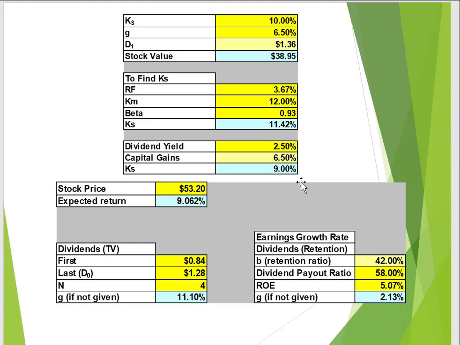One thing just to mention, depending on the textbook that you use, K sub S is also R sub E, so return on equity and K sub S. I'm not sure why K is used. K sometimes is the variable used for returns, so it could be either one. Anyhow, 9%,